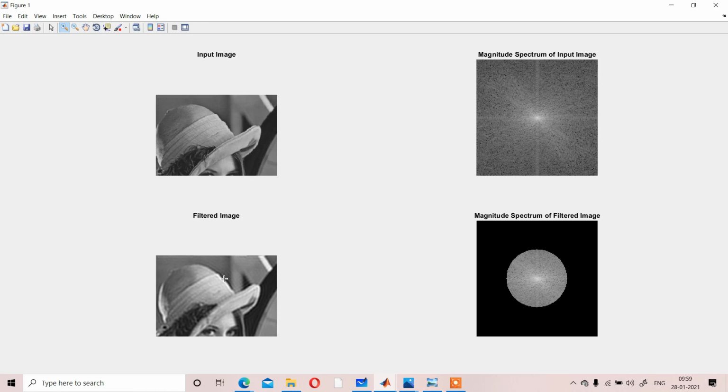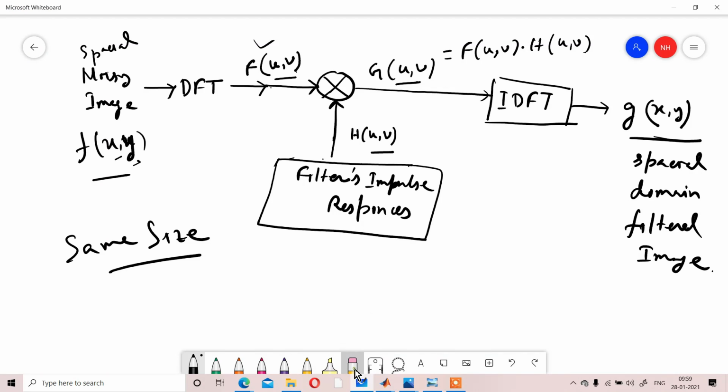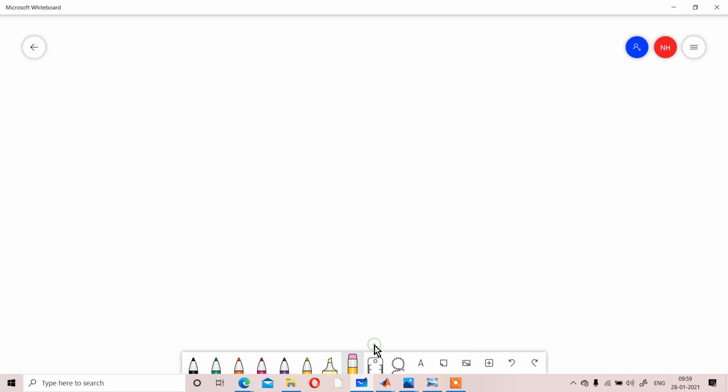That ringing artifact is something you should have seen in the filtering part of DSP, but it did not happen due to some situation.